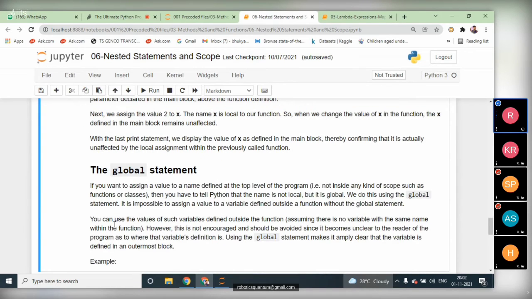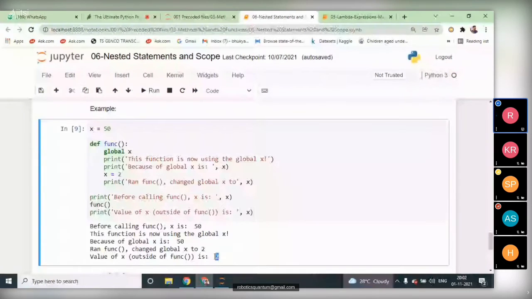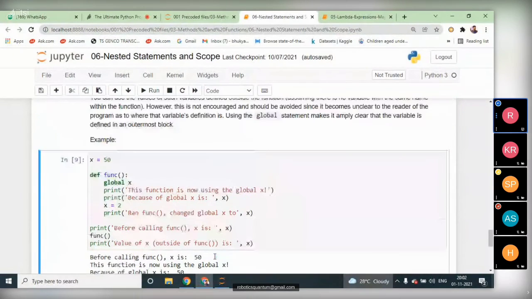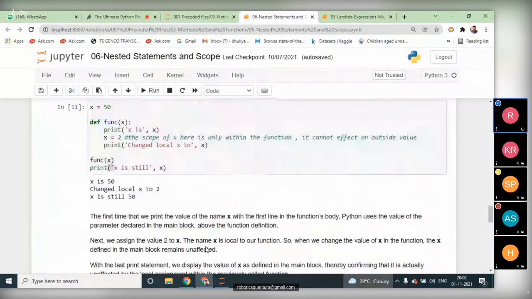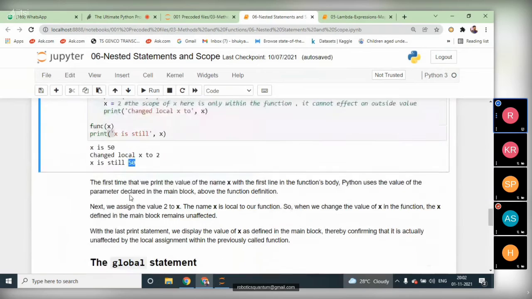When you use the global keyword inside the function and call the function, the value will be modified: the value of x will be changed from 50 to 2. But in the previous example, without using the global variable, the value is not modified. Have you understood this, guys?